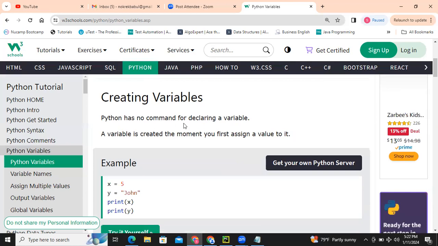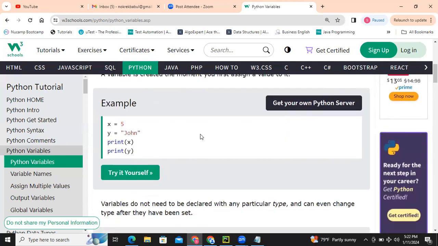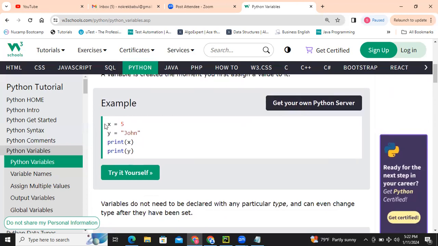Python has no command for declaring a variable. You don't need to declare it. A variable is created the moment you first assign a value to it. For example, you don't need to tell what type of data 5 is. We just write x equal to 5, y equal to John, and we can print x, the variable, and whatever data we store in it, we can print and look into it.